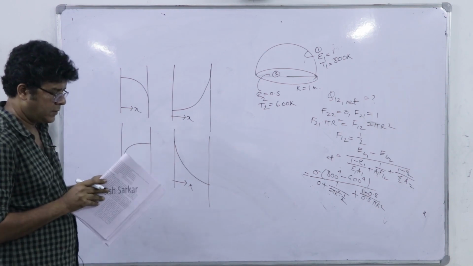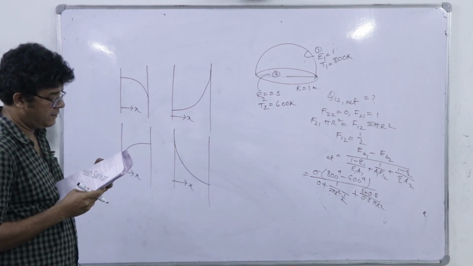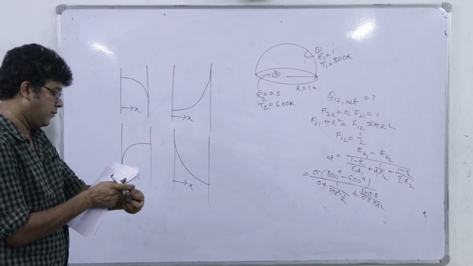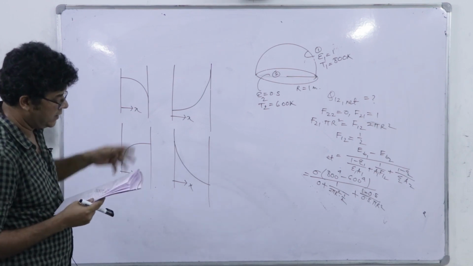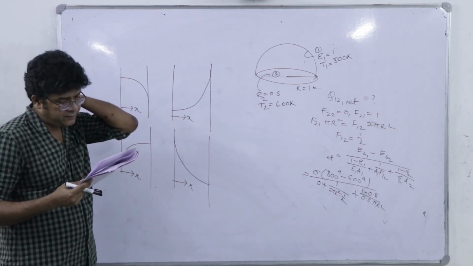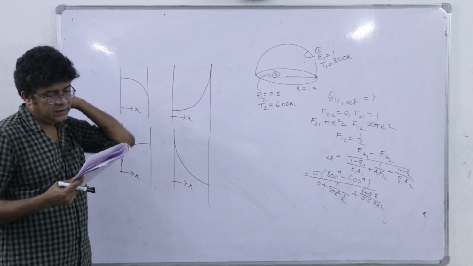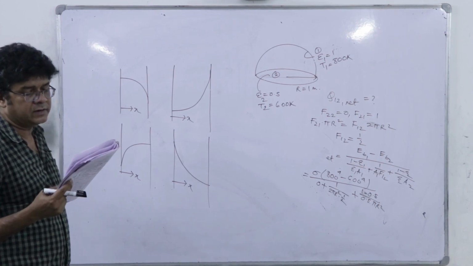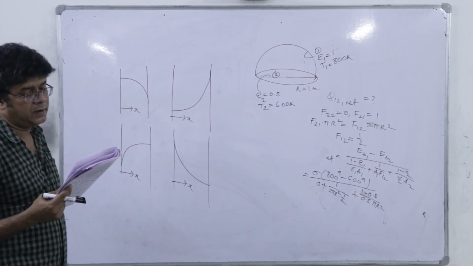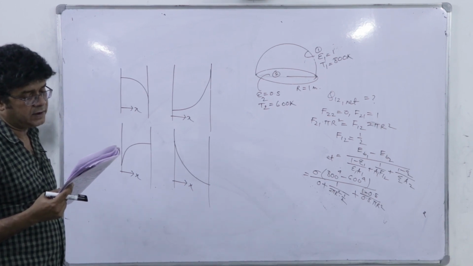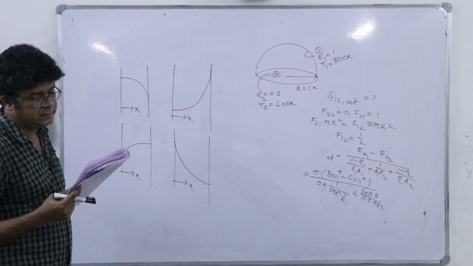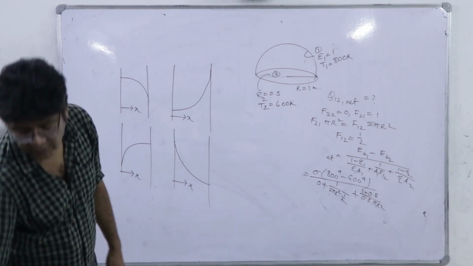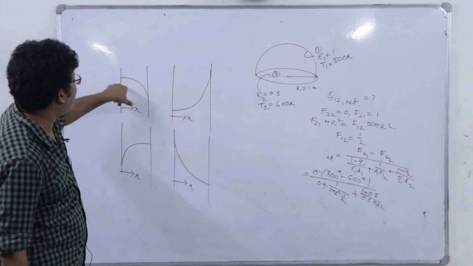Okay. Now, we have to match the above figures with steady state temperature profiles of 1D heat conduction given in a solid slab. So, there are 4 options or 4 cases: uniform heat generation with left surface insulated, uniform heat generation with right surface insulated, uniform heat consumption with left surface insulated, and uniform heat consumption with right surface insulated. So, we have to match them. Without solving this question, let us identify what is the case.